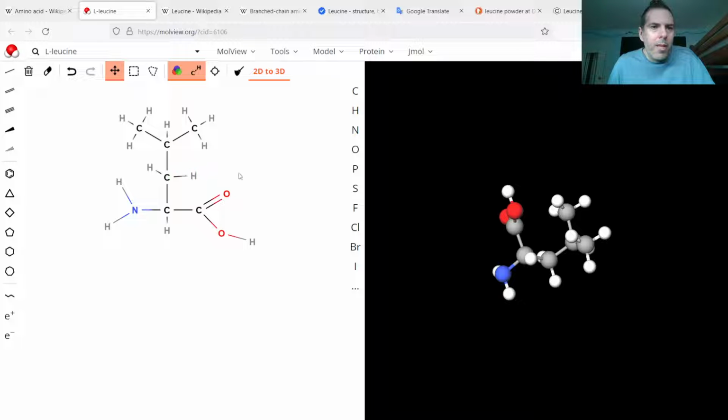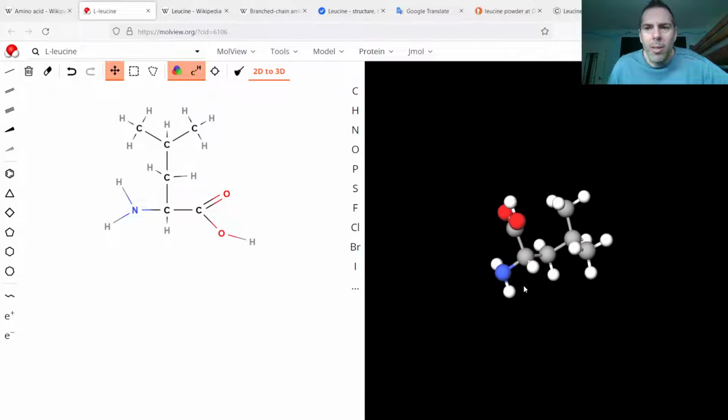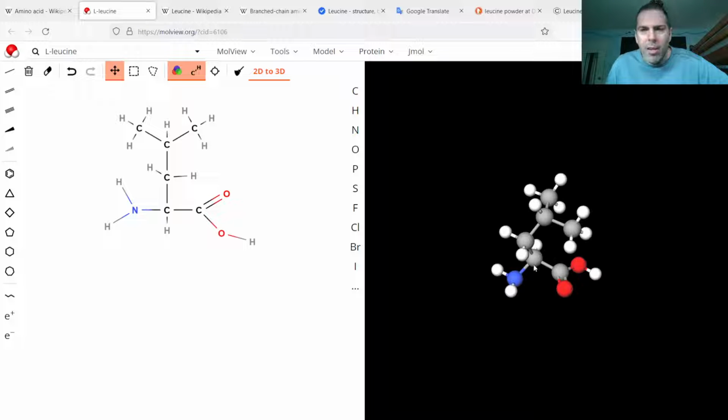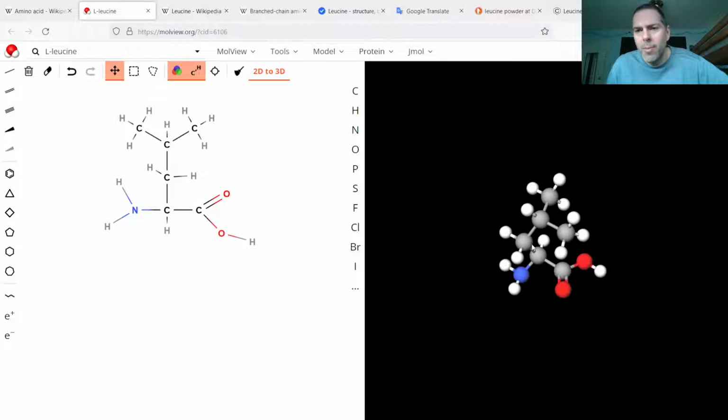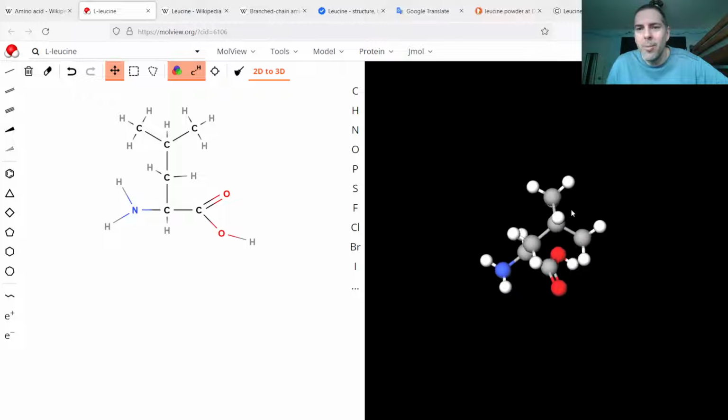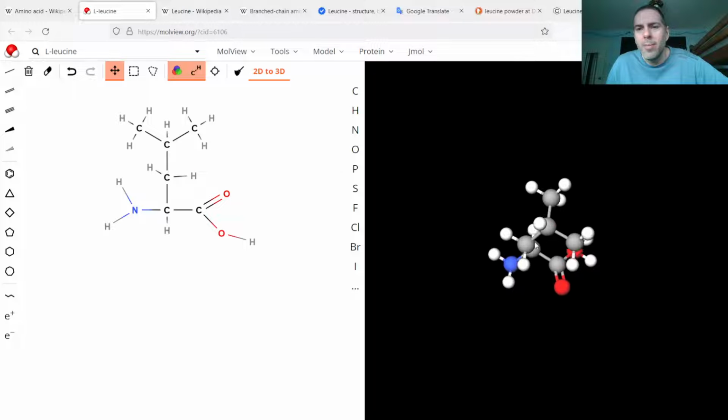So I've already searched for it, so here it is on the right side. It's organized with the N terminus on the left and the C terminus on the right, with the hydrogen projecting into the distance and the background, and the side chain coming out into the foreground, since it's the left-handed version. You can kind of see, I'm assuming this is how it would actually physically be oriented, that it leans off towards the side, back towards the C terminus.